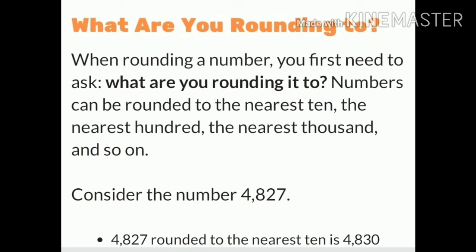Simple steps for finding rounded numbers. Number 1: rounding to the nearest 10. There are 3 steps. Step 1: find between which two tens the number lies. Second step: find the halfway number. Third step: place the number you have to round correctly on the number line. By using these 3 steps, similarly, we can round to the nearest 100 and the nearest 1000 also.